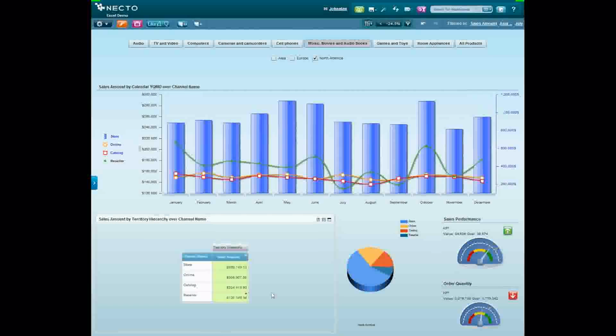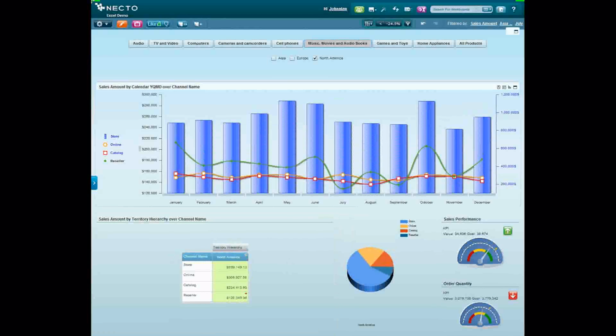So we look now at the data and we see that we identified a decrease in the reseller, but we can't tell which reseller or which resellers are responsible for the decrease. And the data we're seeing doesn't have that information. In this example, the grid is based on analysis services. Fortunately, our resellers send us once a month a pipeline with all their sales. So what we want to do is take this data, throw it inside Necto, and maybe understand which resellers are